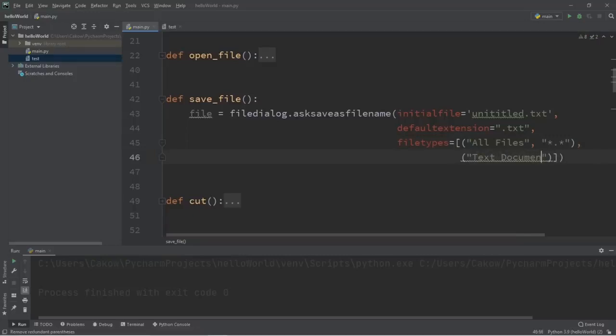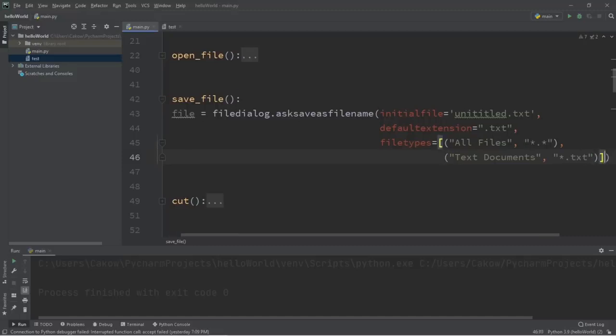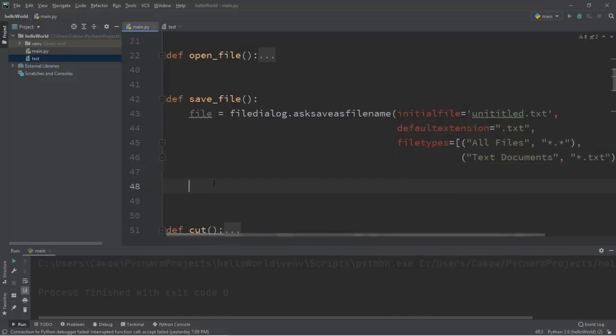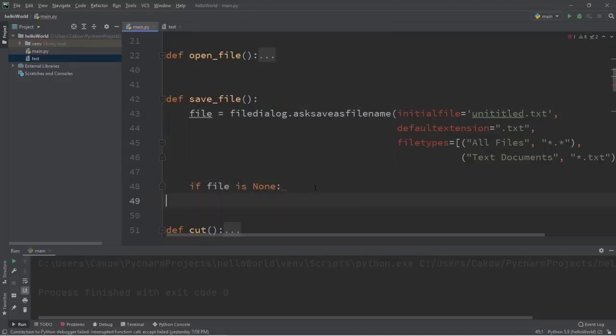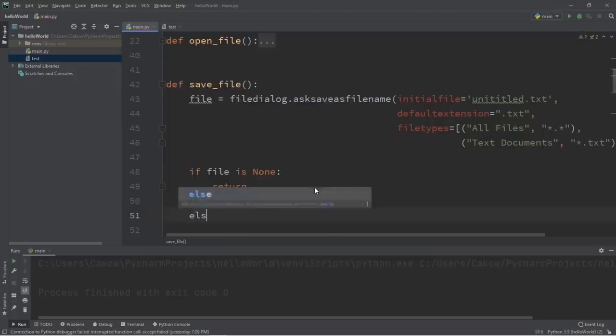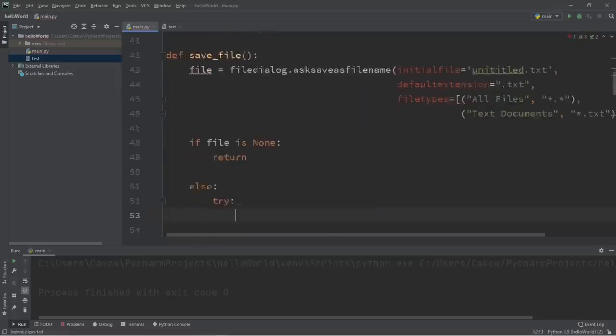Text documents, asterisk dot txt. Okay. If file is none, that's if they close out of our file dialog, we'll just return. Else,